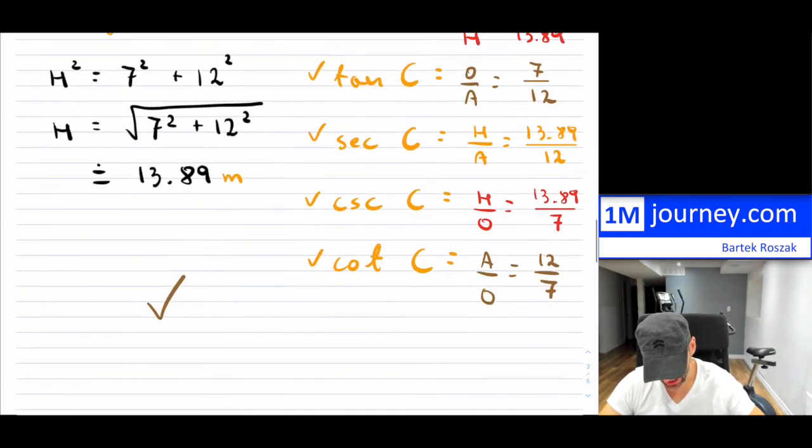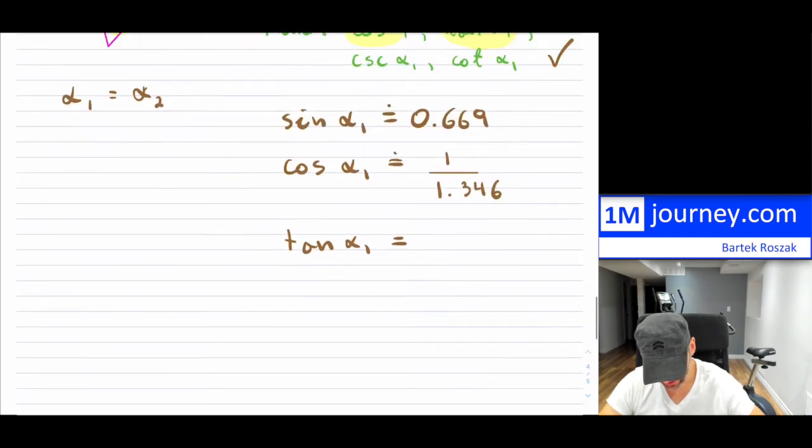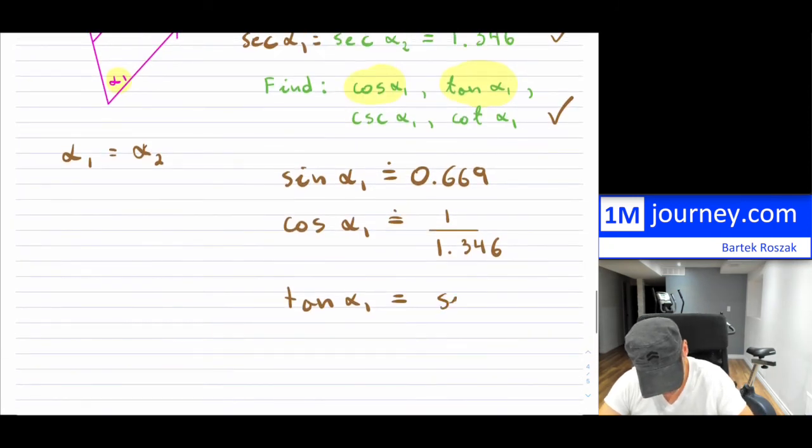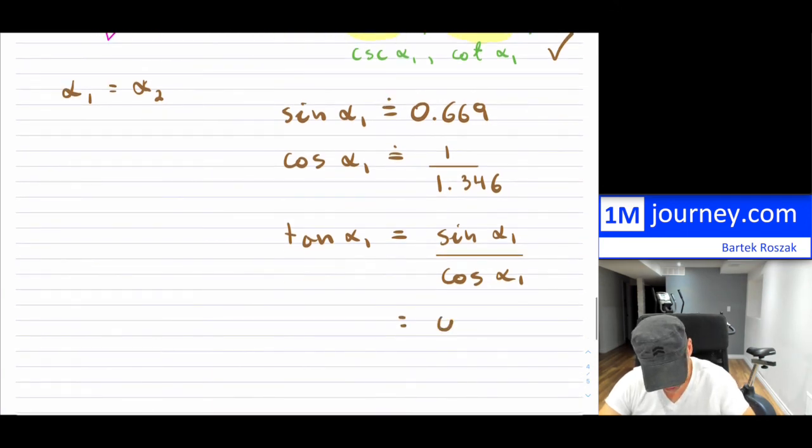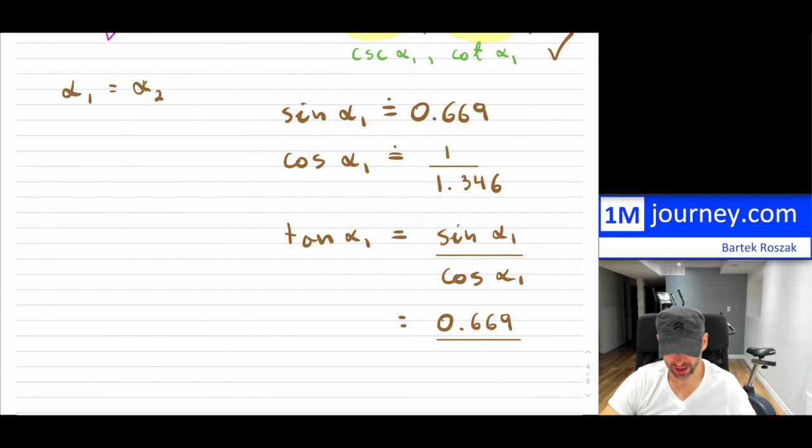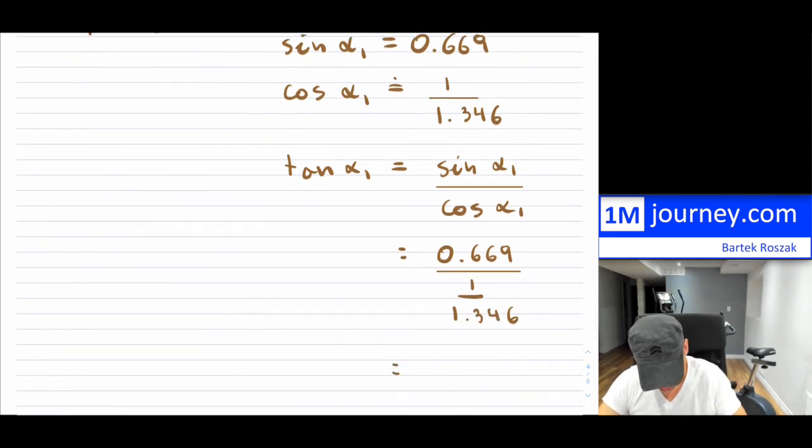Well, because I now have sine of alpha 1 and cosine of alpha 1, I can just substitute these back in, and what I'm going to get is 0.669 divided by whatever that cosine is. That is simply 1 all over 1.346, and that will equal 0.669 multiplied by